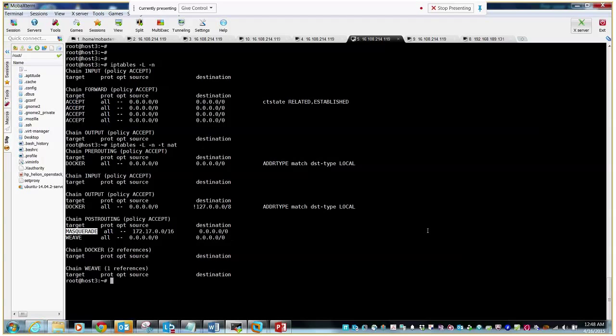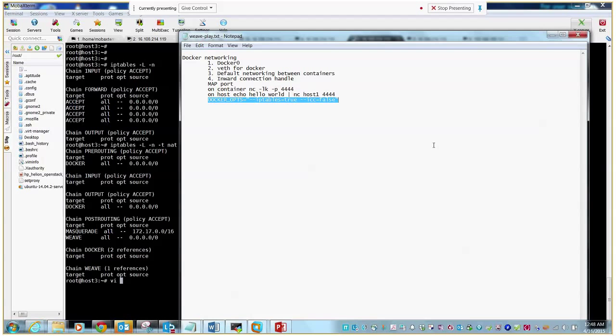So basically, every packet which is going outside from the Docker container is actually masqueraded and sent out. Now, if we want some kind of isolation for the containers, we don't want the containers to talk to each other. We can actually do something. We can go to a file. I'll just take down that thing, and we have to basically